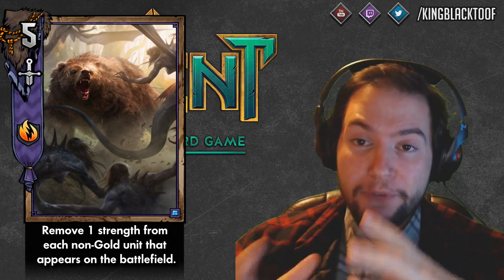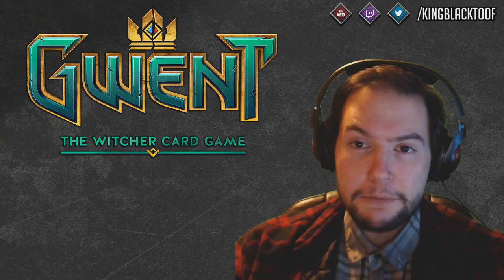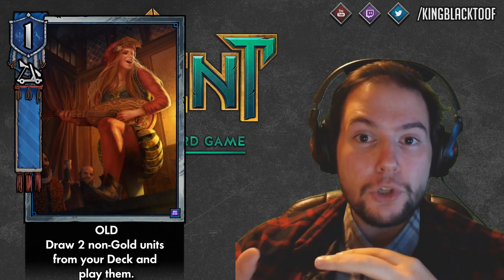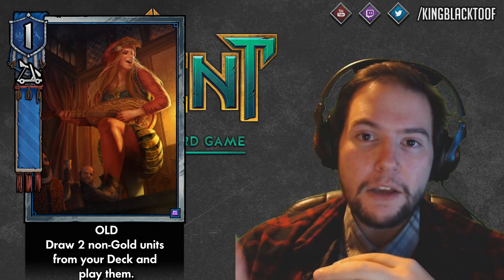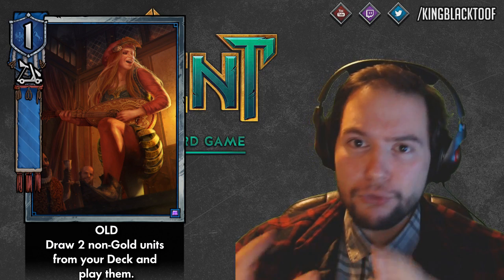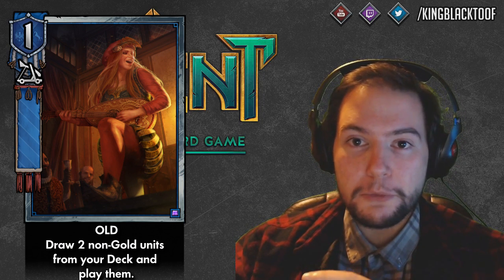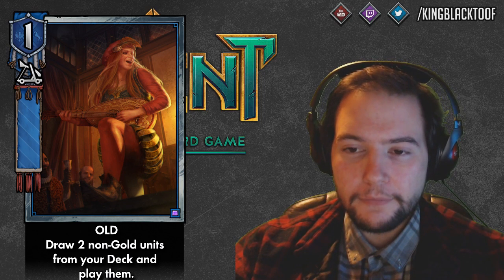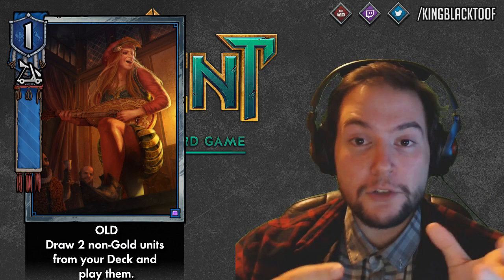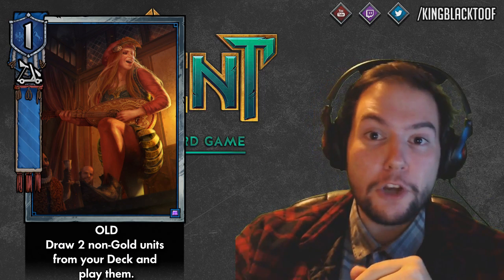Previously, before this patch, the Savage Bears were really good at denying Priscilla. Priscilla is a 1 strength silver card for Northern Realms, and when she gets played, she draws 2 random non-gold units from the deck onto the battlefield. She has changed as well now, but that's what she used to do, and that was really, really powerful. You can get some massive combos with drawing 2 random non-golds from your deck and playing them instantly. But the Savage Bears would deny her because she's 1 strength and the Savage Bears do 1 strength wounding. She would come onto the board, the Savage Bears would hit her, and she would go to the graveyard before